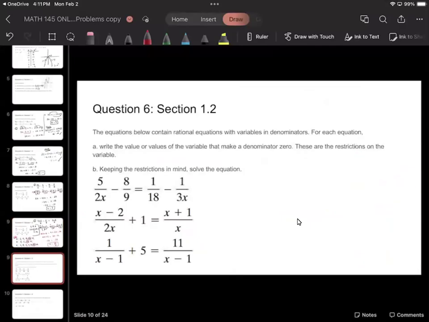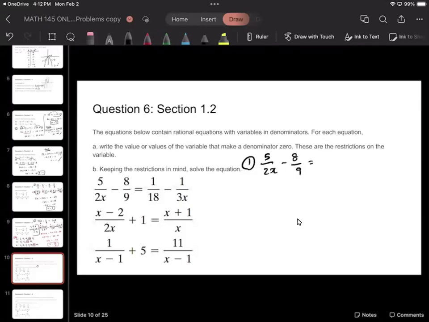Okay, so more equations. So let's see how to do this first one. For each equation, write a value that makes the denominator 0. These are the restrictions, and then keeping the restrictions in mind, solve. So you have restrictions in these set of equations and not the previous ones, because here you have a variable in the denominator. So if you look at the first one,